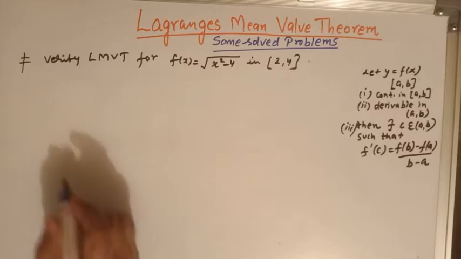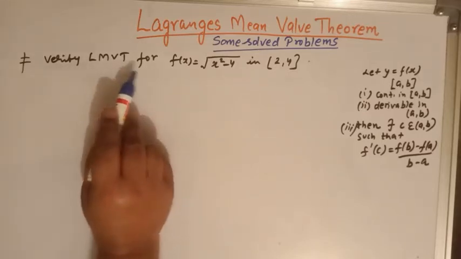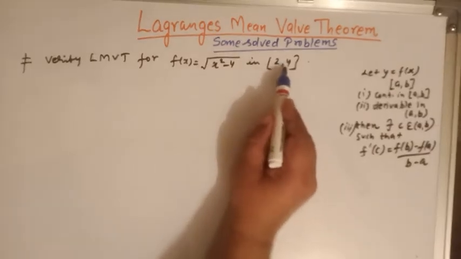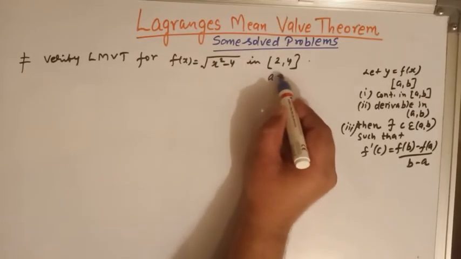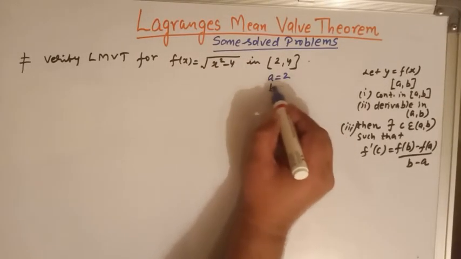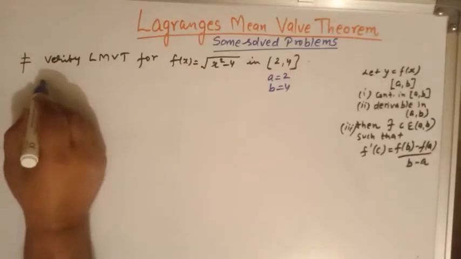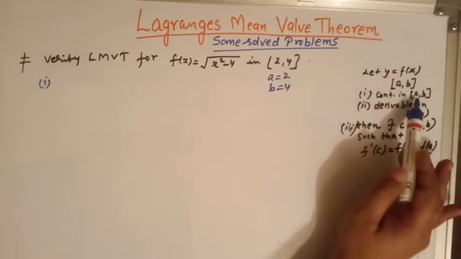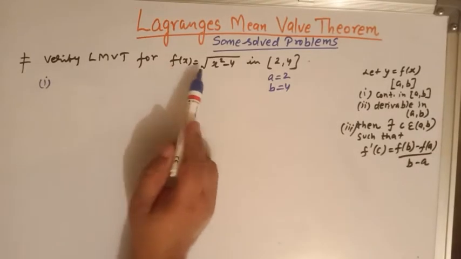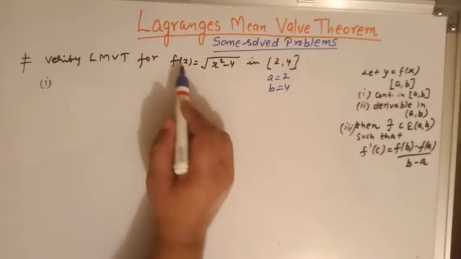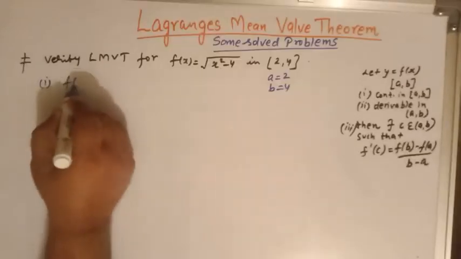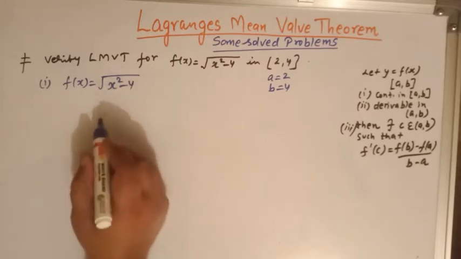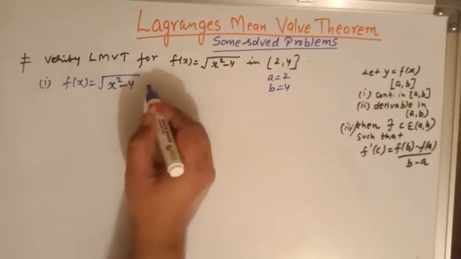Now viewers, here we have the problem: verify Lagrange's mean value theorem for f(x) equal to square root of x square minus 4 in this interval [2, 4]. So here also we have a is 2 and b is 4. Clear? Now the first condition is that f(x) is continuous in the interval [a, b]. So here, this function f(x) equal to square root of x square minus 4, this is a square root function, and we see that this